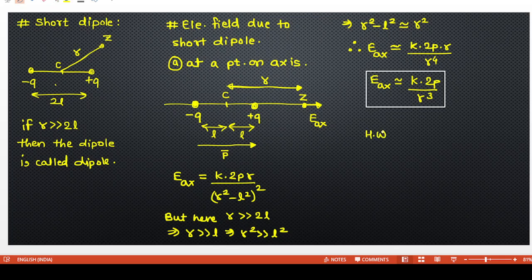Write down the homework. Resolve solved example 1 to 19. Which chapter? Electric potential. And make